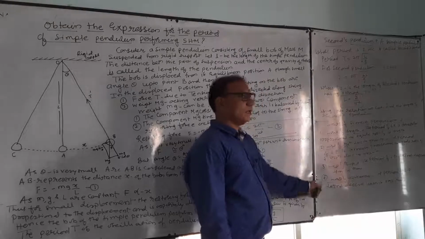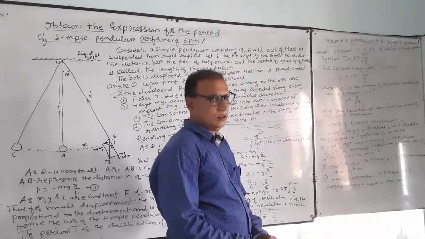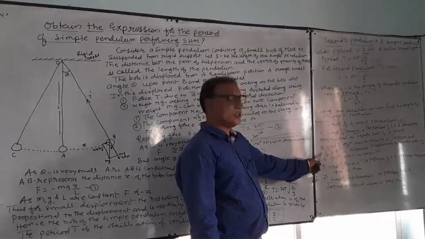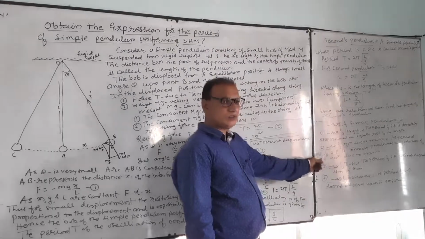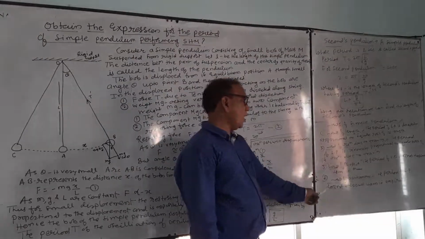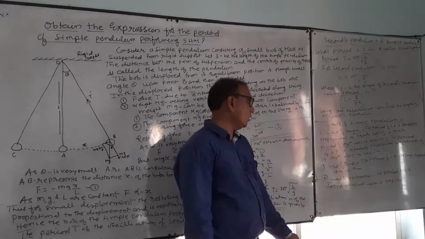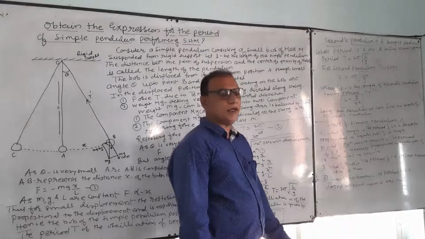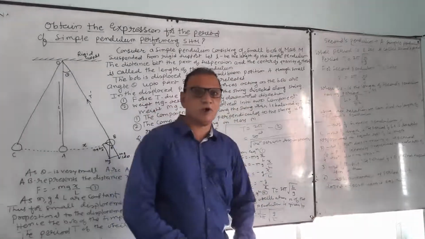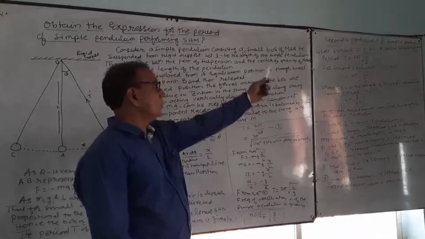After that we discussed the important point, the laws of the simple pendulum. First is the law of length: the period of a simple pendulum is directly proportional to the square root of its length. Law of acceleration due to gravity: the period is inversely proportional to the square root of acceleration due to gravity. Law of mass: the period does not depend upon its mass. And finally, the law of isochronism: the period does not depend upon its amplitude. These are the four important laws, the time period and frequency of oscillation equations, and the seconds pendulum.